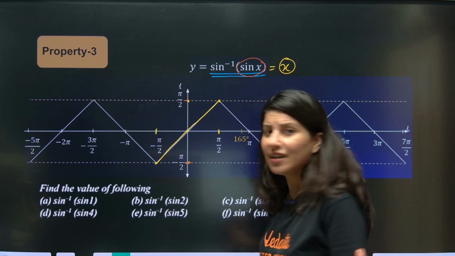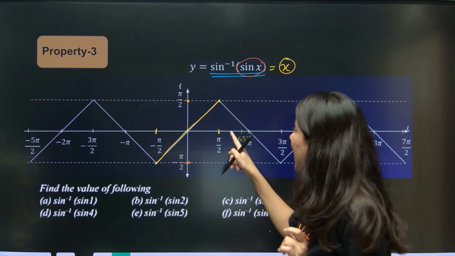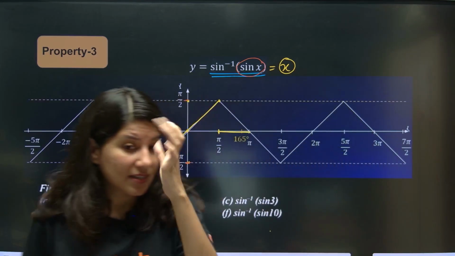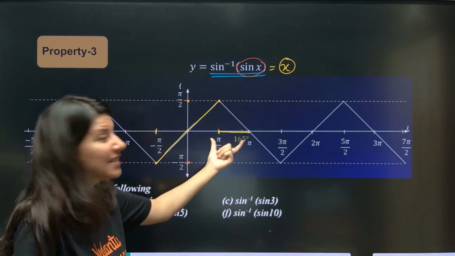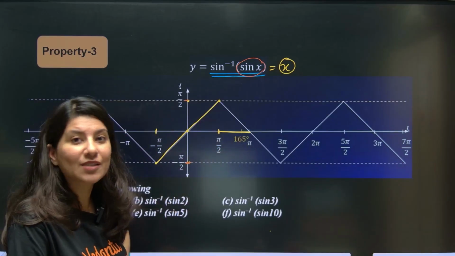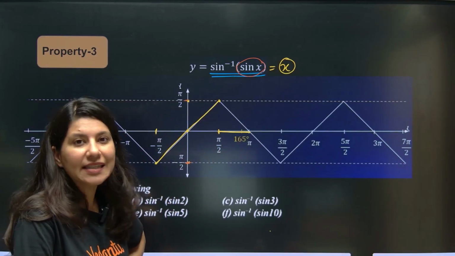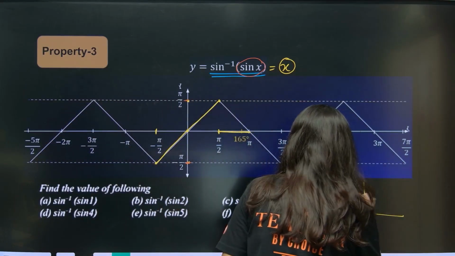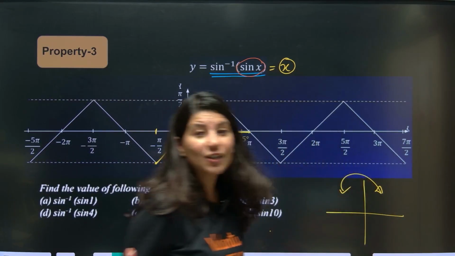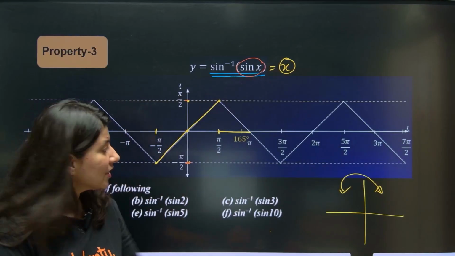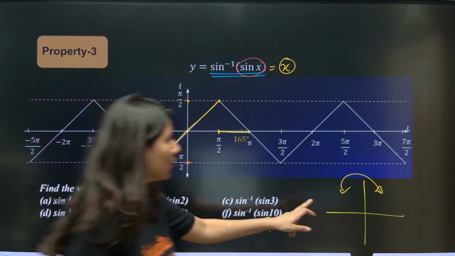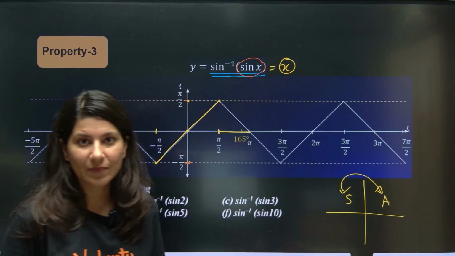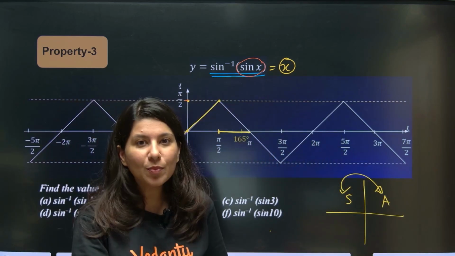Now, suppose we just did it. Suppose your angle is in the second quadrant, 5 pi by 6. What did you do? Tell me. Ma'am, if the angle is in the second quadrant, in sine what happens? Second quadrant, we need to shift immediately to the first quadrant, because if the angle is in the second, the match we will get is in the first. Because 5 pi by 6 is equivalent to pi by 6.